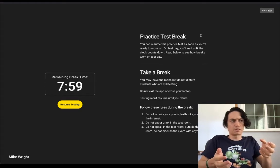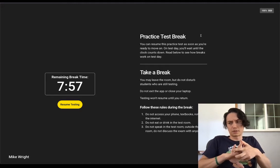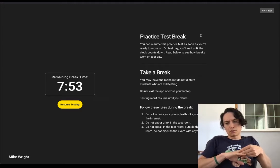Were there a similar number of graphs in the second one? I feel like fewer graphs in the second one, but maybe I'm just not remembering well. And then